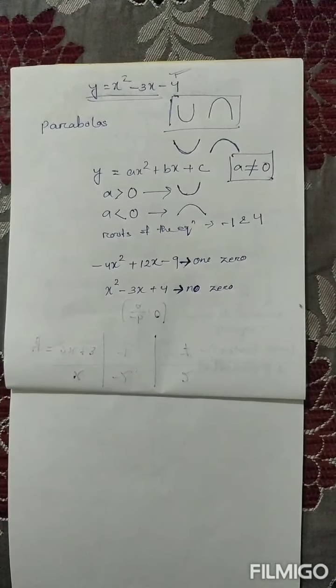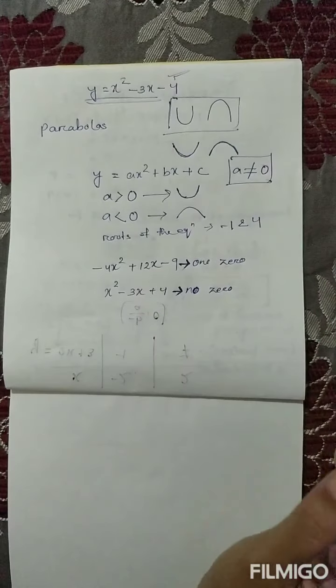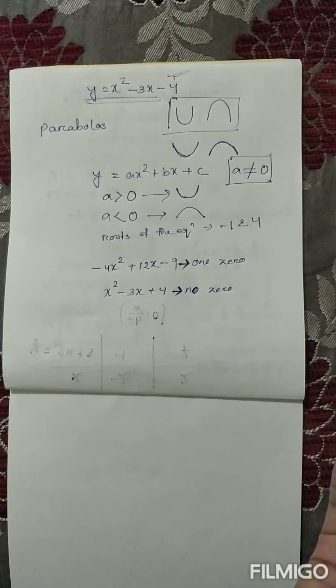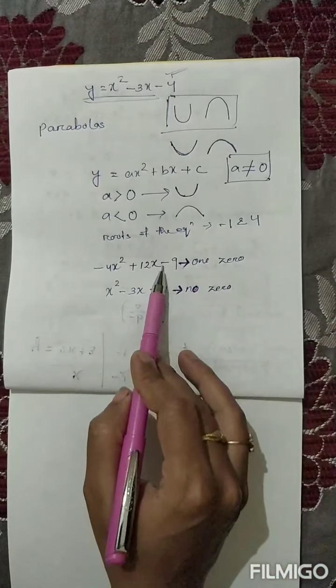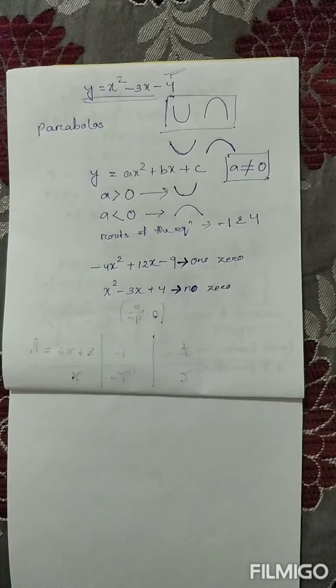So that means a quadratic equation can have either two distinct zeros like this case, or only one zero, or two equal zeros. The same thing. If we get the same thing 2 times, it's the same. So only 1 zero like this, or no zero like this. But at most, maximum there are 2 zeros or 2 roots of the equation. So by this we finished our quadratic equation.